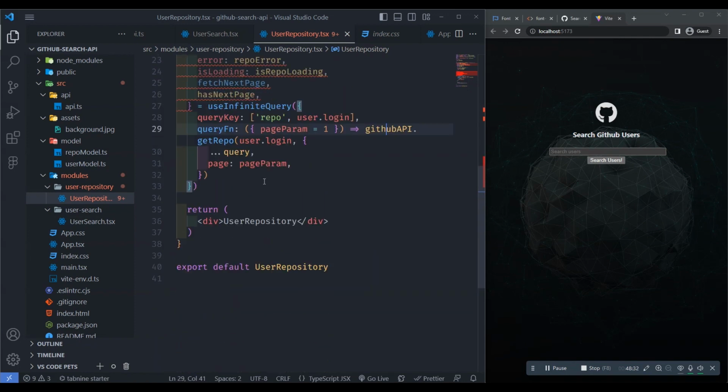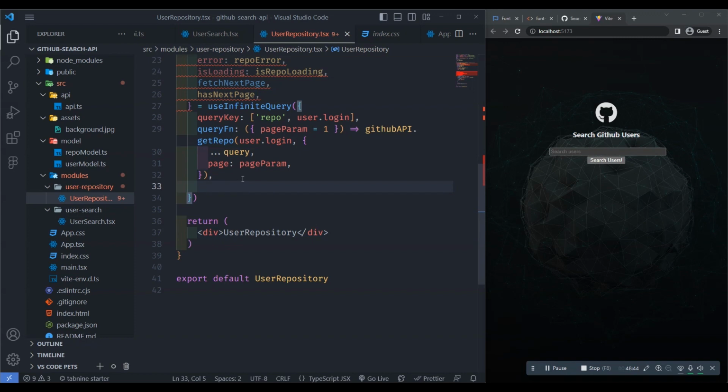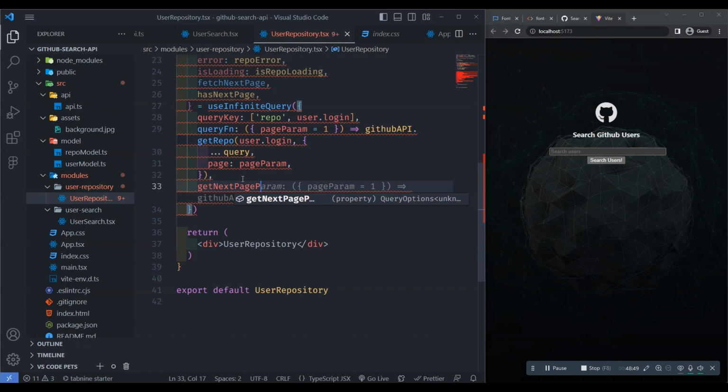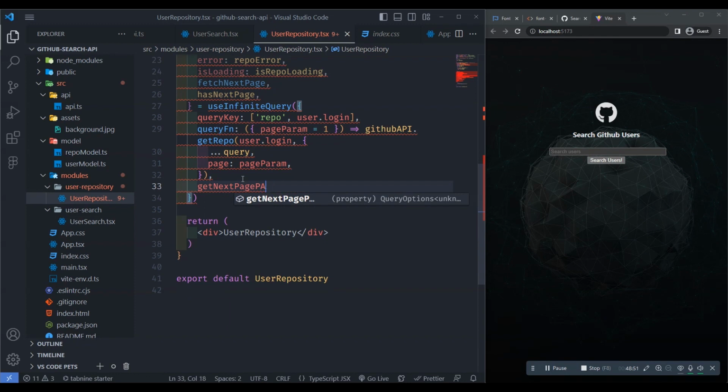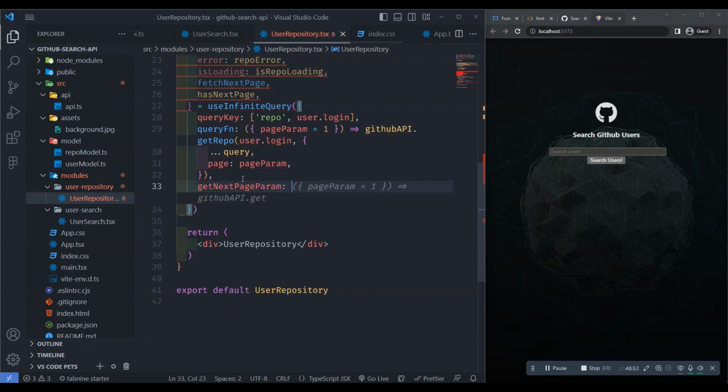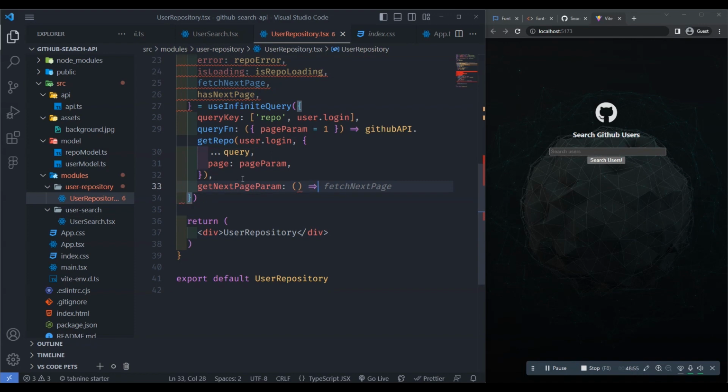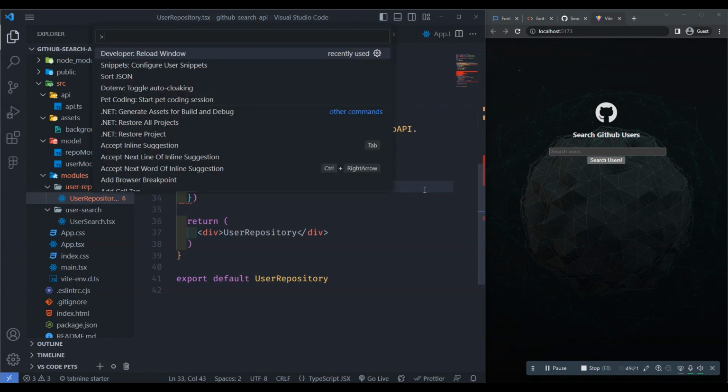And then the third object is getNextPageParam as a function that takes the current page and returns the current page plus 1,